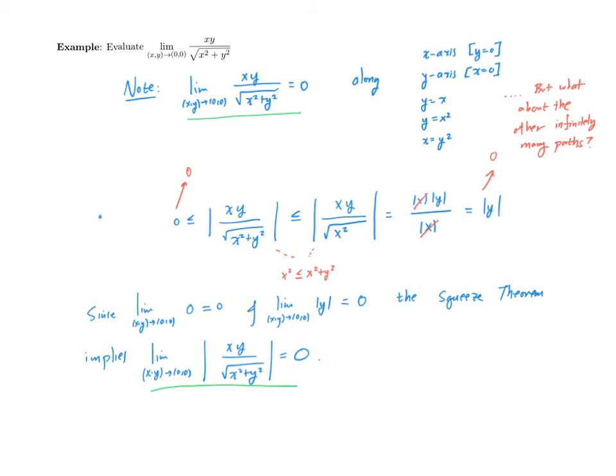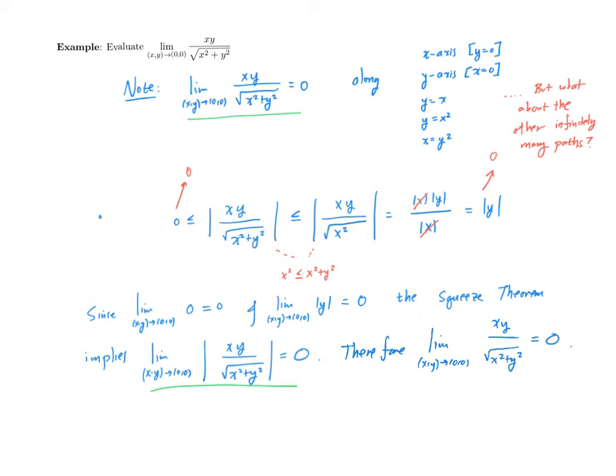But let me remind you from Calculus 1, and we even mentioned it in Calculus 2, if the limit of an absolute value of something is 0, and the key here is 0, that implies the limit itself is 0. Let me write this down and then I'll make that note as well. So therefore, the limit of interest, and truly the limit of interest because we're losing those absolute values,